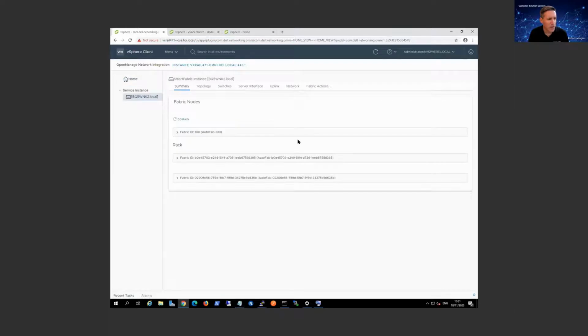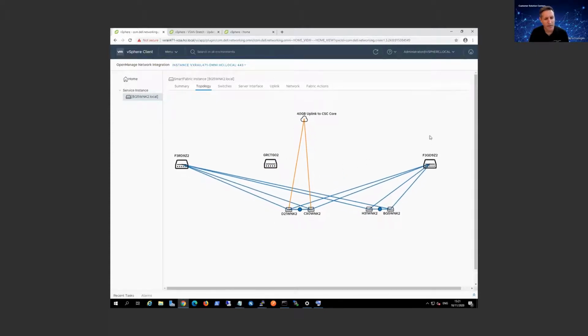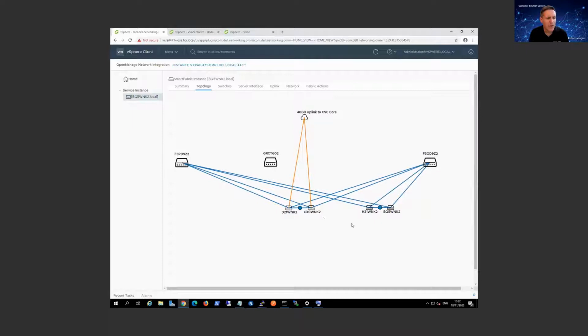Now, if we take a look, we have full visibility of our topology. Here you can see my leaf switches. These are where my VxRail cluster is deployed, on these 2 switches. I also wanted to expand my lab beyond just a single rack. So you can start with just the 2 top of rack switches, and later, if you need to scale to the rack next door, you can implement the leaf spine network